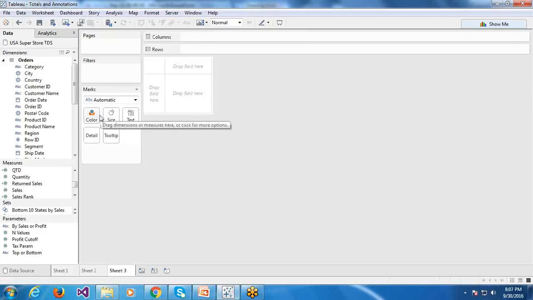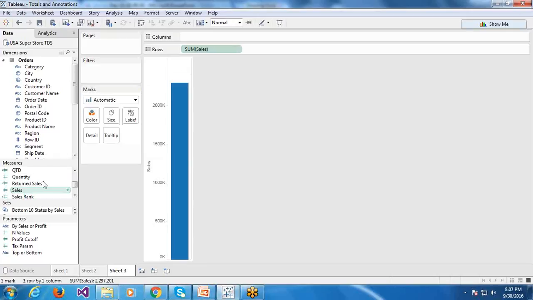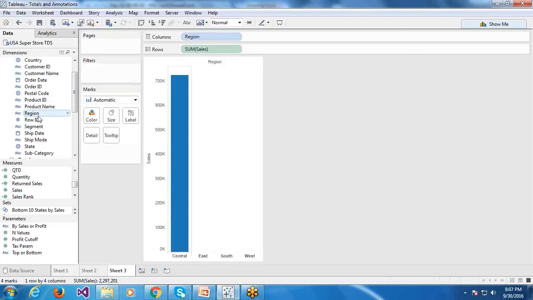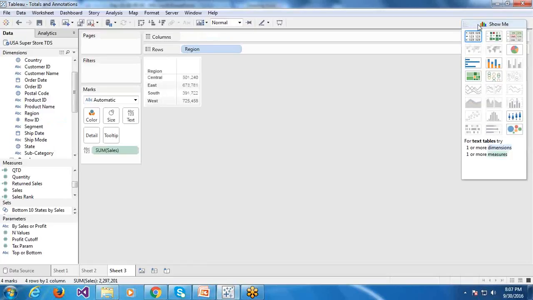So that is about row totals and subtotals. Then we have another one. Let me take region, and not sales; let us take quantity and discount.